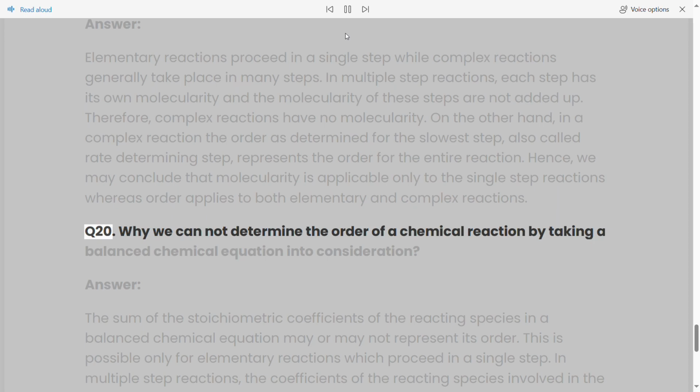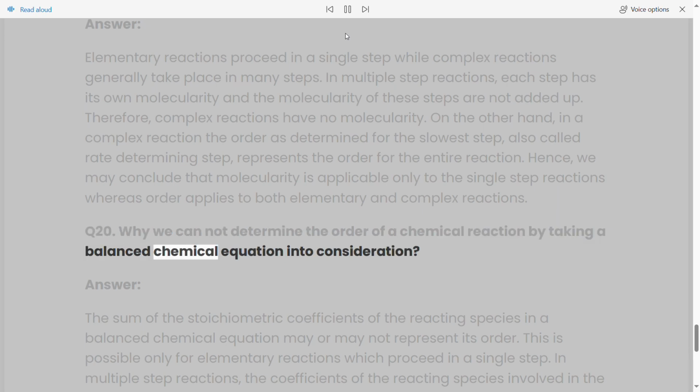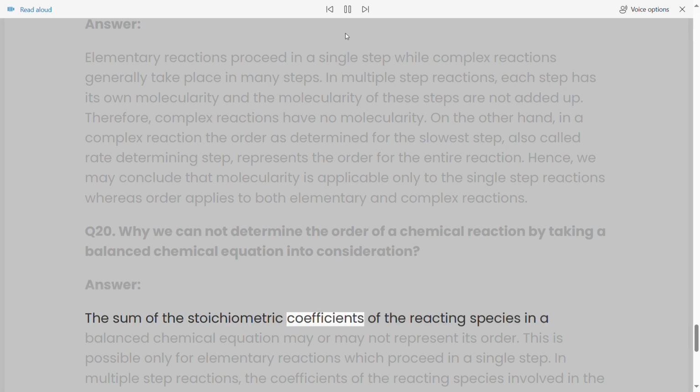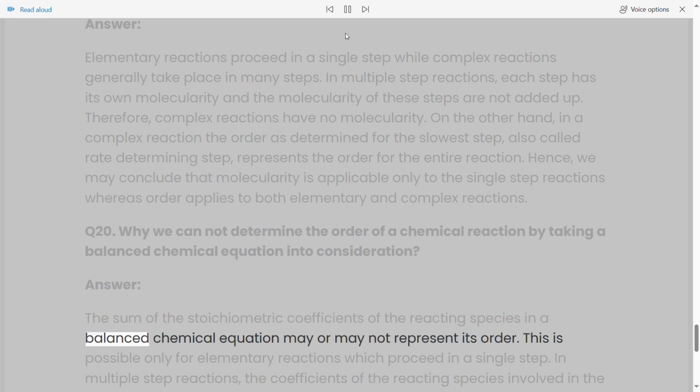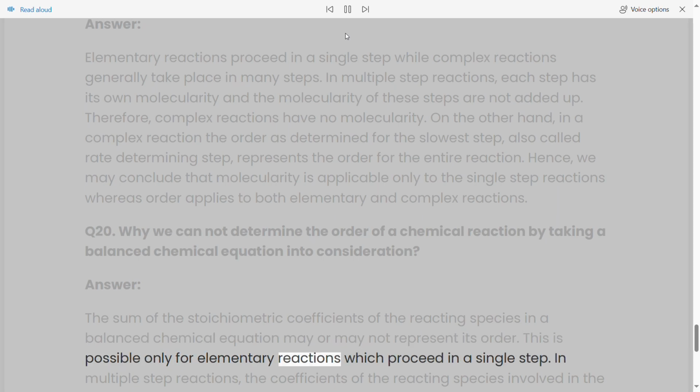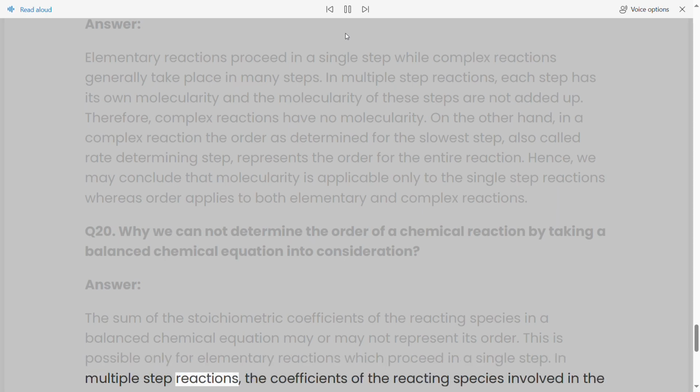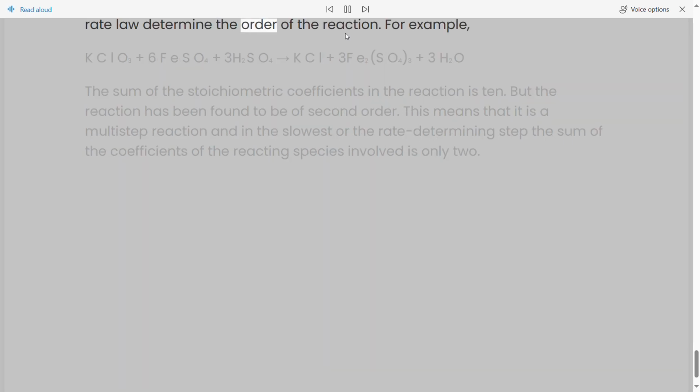Q20. Why can we not determine the order of a chemical reaction by taking a balanced chemical equation into consideration? Answer. The sum of the stoichiometric coefficients of the reacting species in a balanced chemical equation may or may not represent its order. This is possible only for elementary reactions which proceed in a single step. In multiple step reactions, the coefficients of the reacting species involved in the rate law determine the order of the reaction. For example,